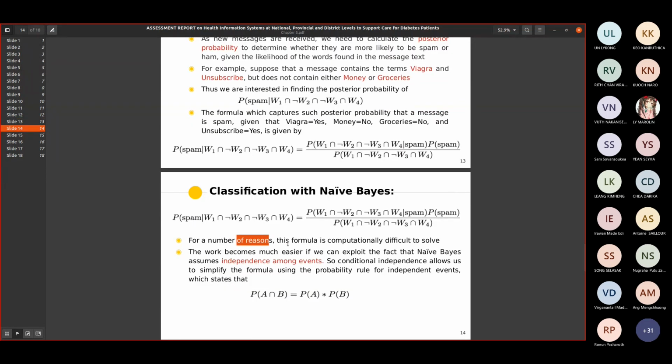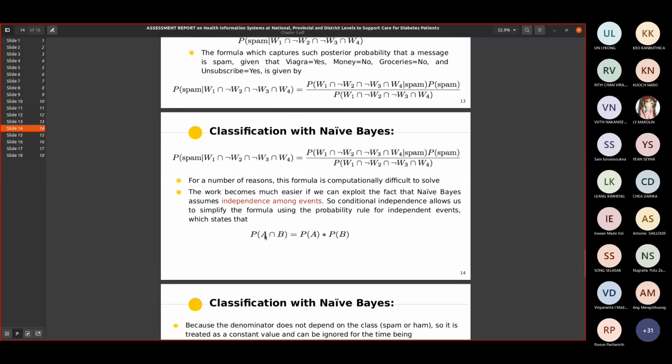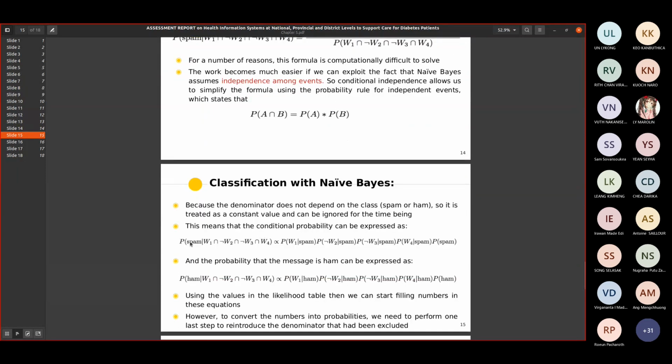For a number of reasons, this formula is computationally difficult to solve. The work becomes much easier if we can exploit the fact that Naive Bayes assumes independence among events. So conditional independence allows us to simplify the formula using the probability rule for independent events. Based on the Naive Bayes assumption, the events are independent, so we can simplify our formula this way: the probability of A intersect B equals P(A)